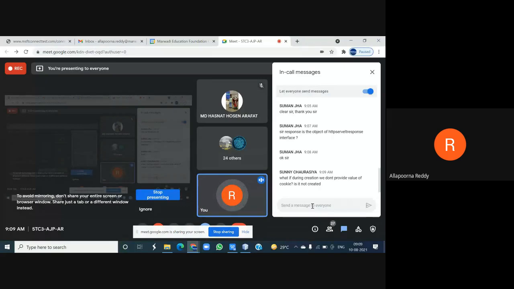It will generate a unique value by default. I told you already. Is it created? But in your browser, if you don't make a setting to disallow, then it will be created. If you allow, by default it will take a cookie with some unique ID. But if you want to make your own cookies, then for that purpose I told how to create it.